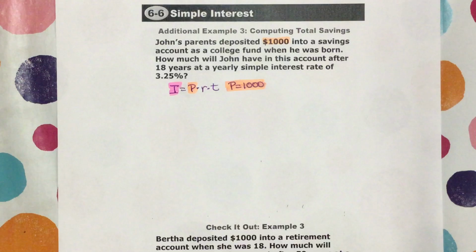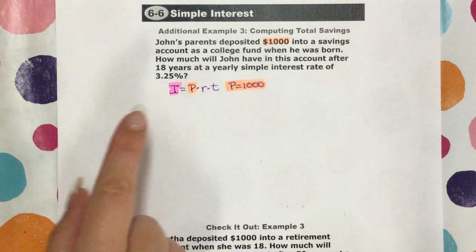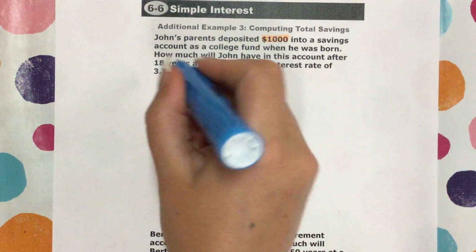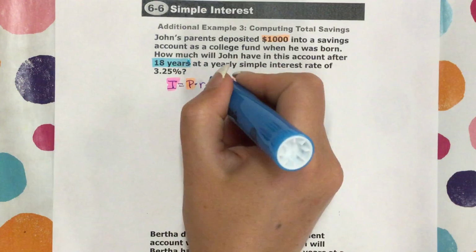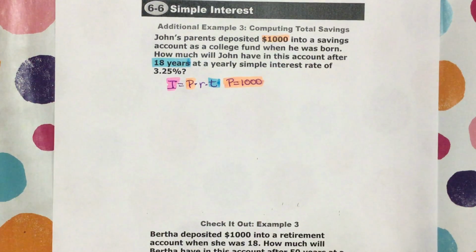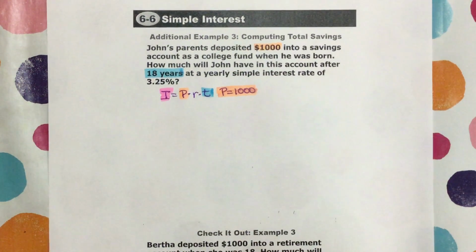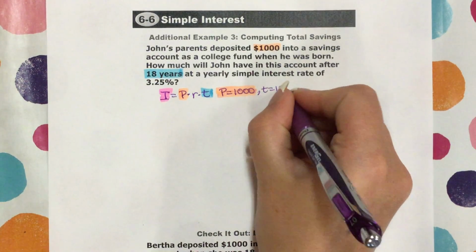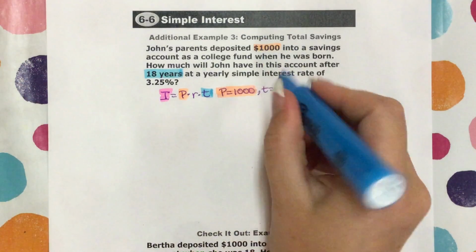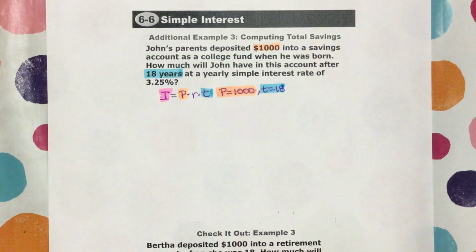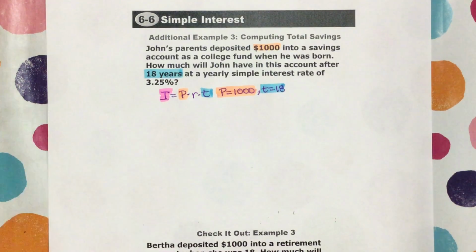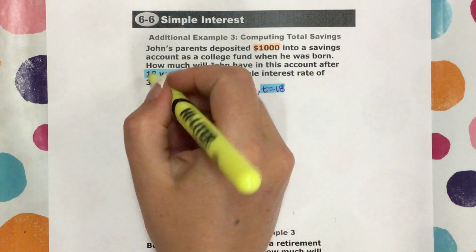When he was born, how much will John have in his account after 18 years? Okay, 18 years is referring to the time. We know the time is 18 years. That is T. So T equals 18 years. And at a yearly simple interest rate of 3.25, so we know that interest is